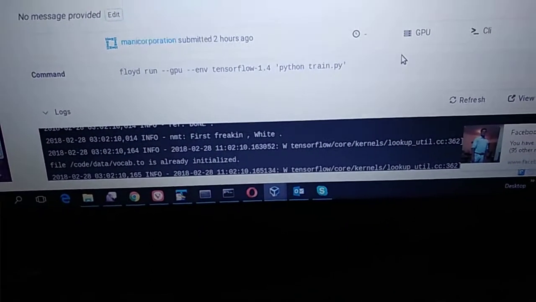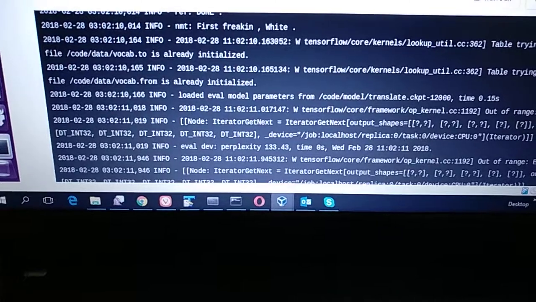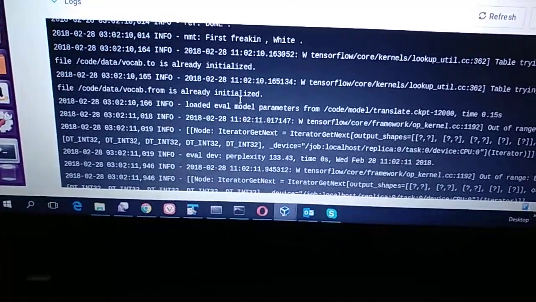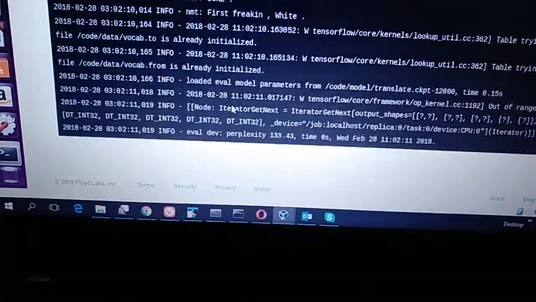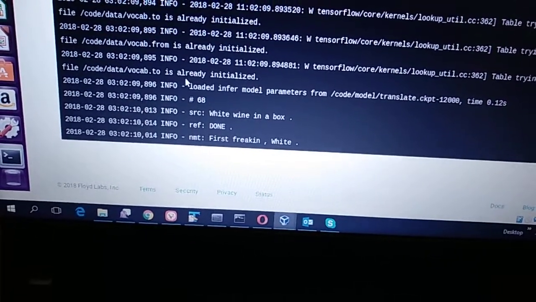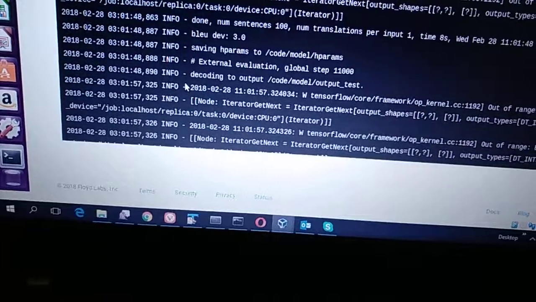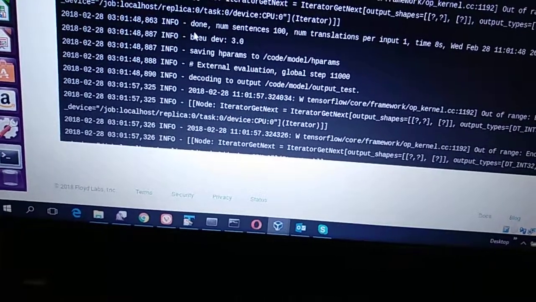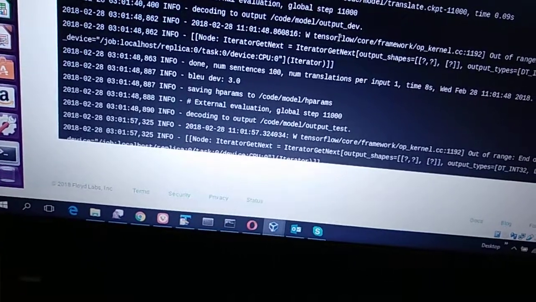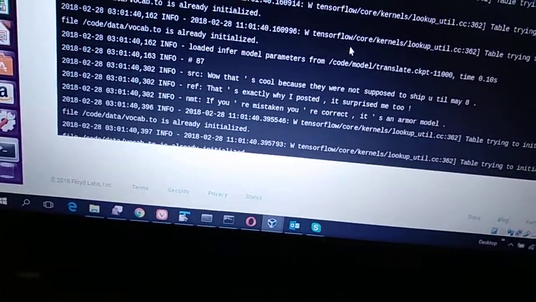So as I go further, you can see that, for example, it says vocab.from is already initialized, and then there are so many things, like vocab.from, vocab.to, and it is trying to say decoding to output code model output dev. So initialized,